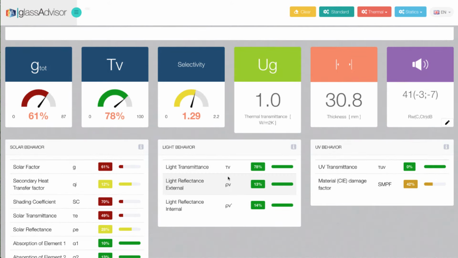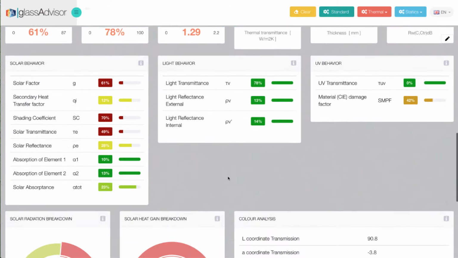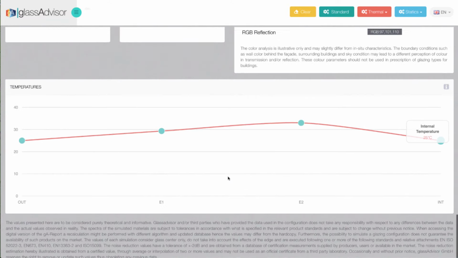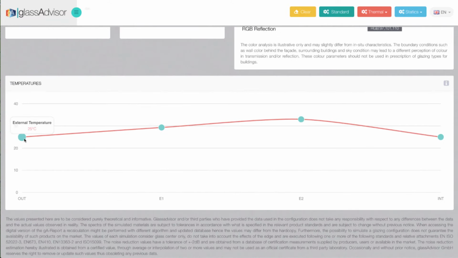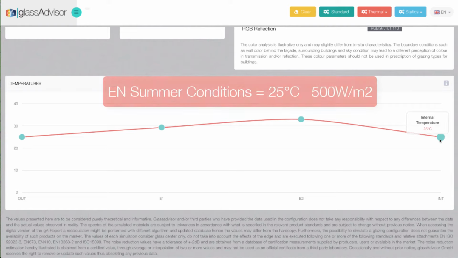If we scroll to the end, we will see that the temperatures that come up are more summer-like, even if it's a mild summer condition, not a peak one. So we have an external 25 degrees, an external glass with 29 degrees, an internal glass with 33 degrees, and an internal air temperature of 25. Those results have been obtained with quite mild summer-like conditions.